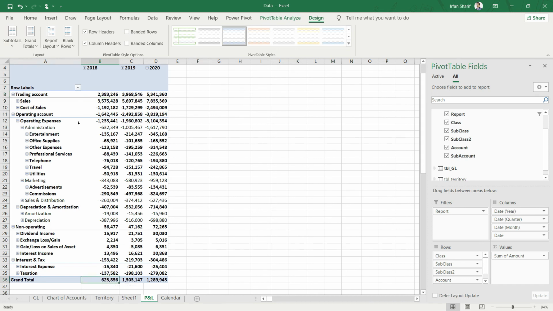And you have your net profit that we have already added. Now if you look at these values, this is not the operating profit. This is basically the subtotal of that particular group, and this group was operating account. So this value, that is 1.642, is only the sum of all the operating expenses. So we will say this is the total of the operating expenses. Similarly, this value here is only the sum of depreciation and amortization. This value of 36,477 is the sum of all the non-operating income and expenses. This value is the sum of interest and tax. And finally we have the grand total.